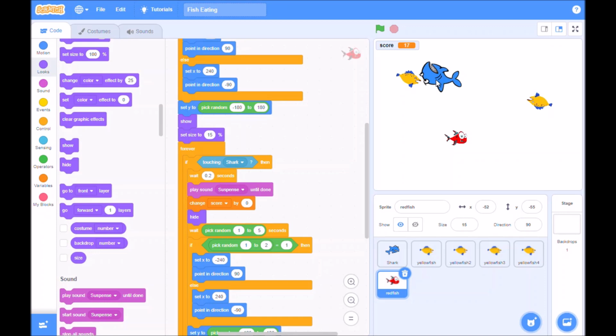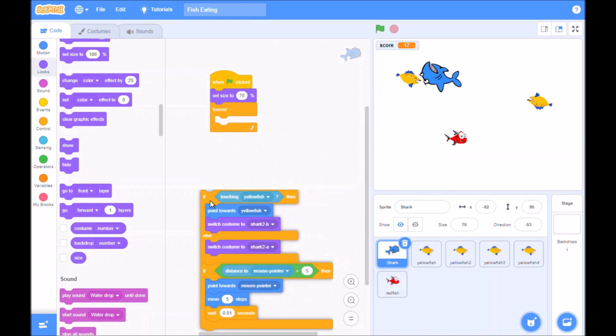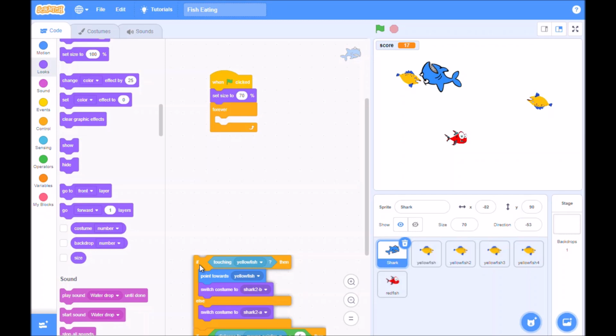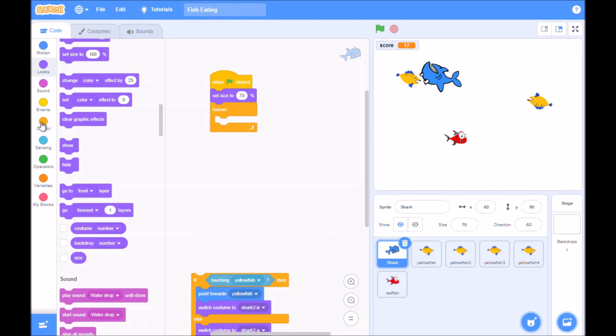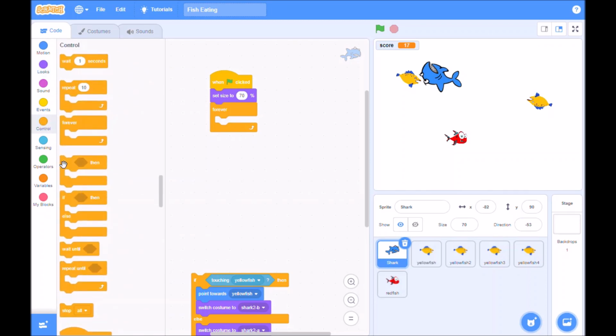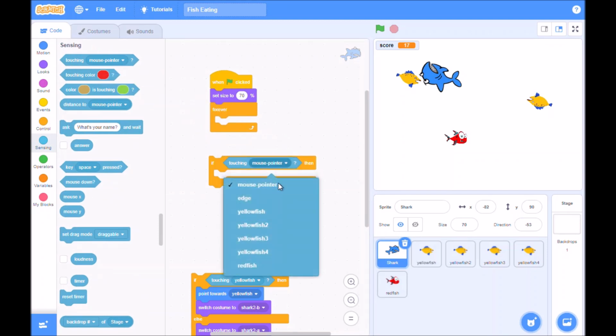So let's have a look at the shark code. So if touching yellowfish, we want to put in another if statement in here. So what I'm going to do is just drag this out here, and then maybe a bit further down, and it's going to be a little bit different. So we need to go to control, then if statement, and we want it if it's touching, so it's going to be sensing, if it's touching the redfish,